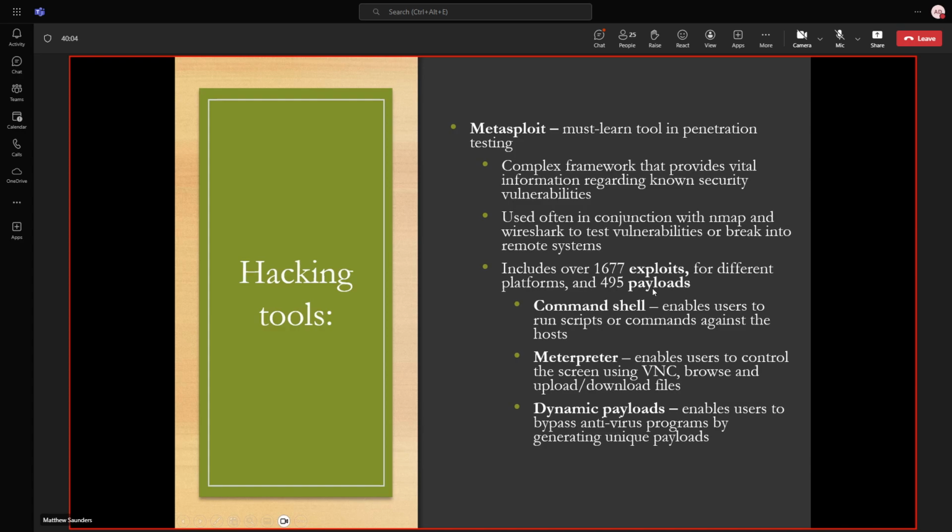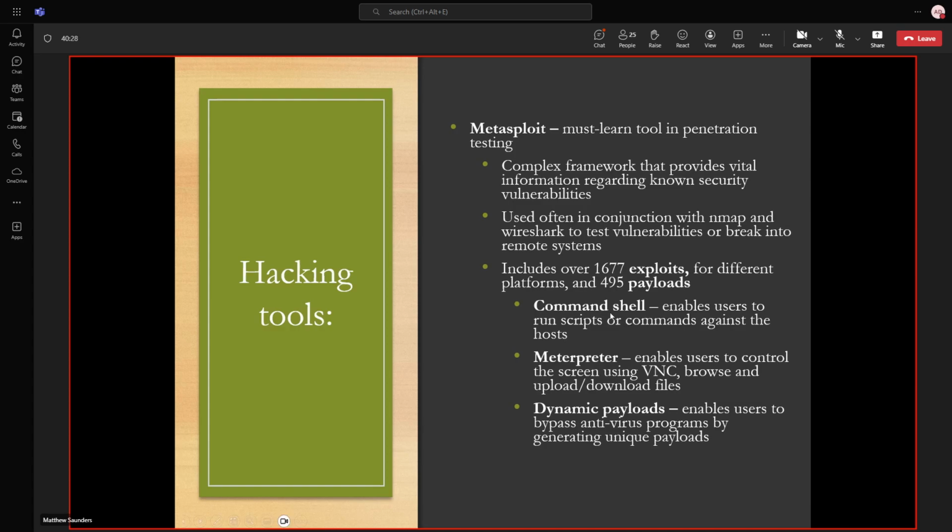Now, there are different types of payloads. A payload is just what you're trying to get executed on the remote system, right? You're looking to get a shell of some type. By a shell, I mean PowerShell, command line, cmd.exe, bash shell, something like that, where you can interact with the system and issue it commands, right?